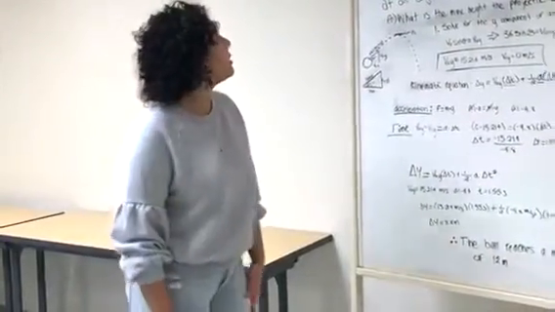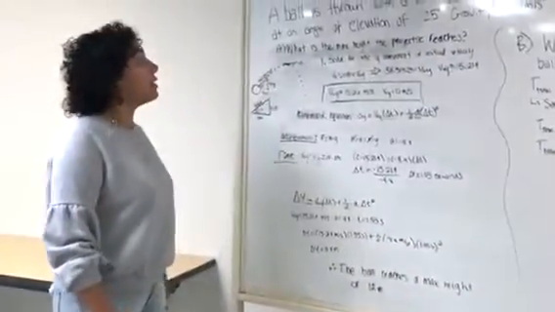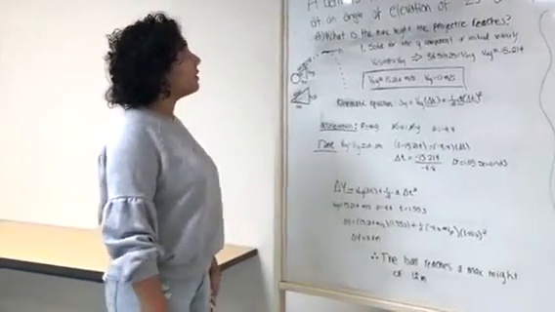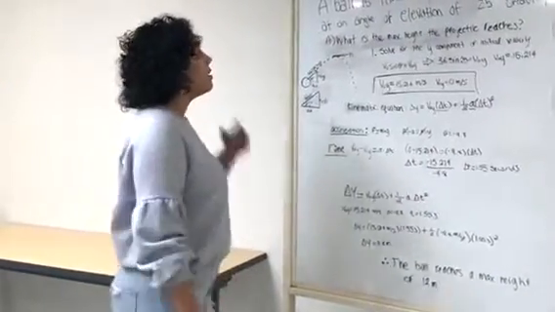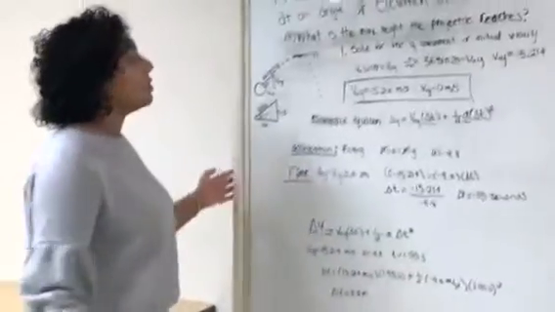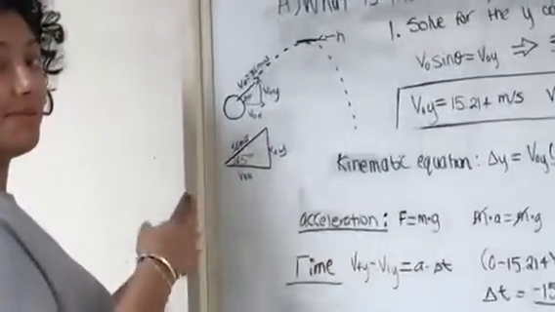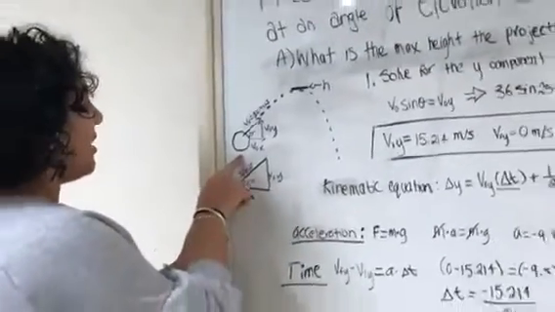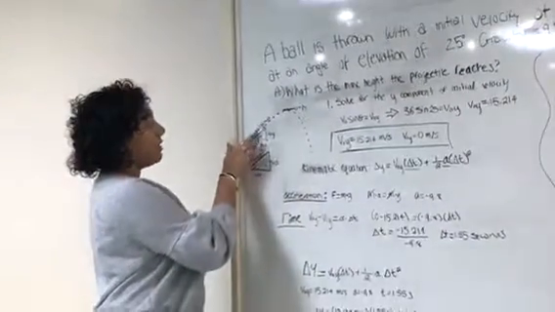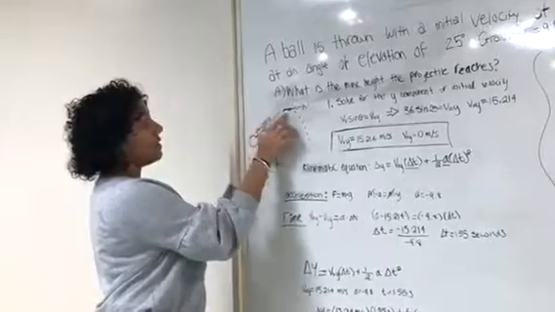Okay, so to repeat the question, a ball is thrown with an initial velocity of 36 meters per second and an angle of elevation of 25 degrees. So first we're looking for what the max height of the projectile is. So here's the diagram. We have the ball with an initial velocity of 36 meters per second, and this is the max height